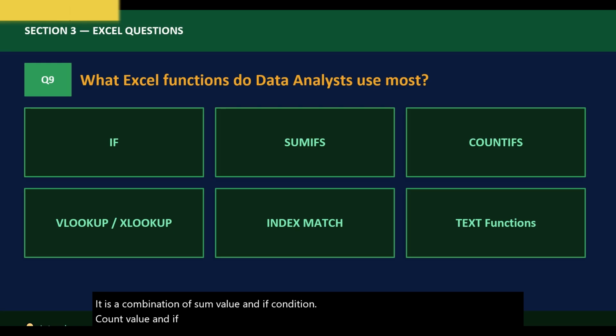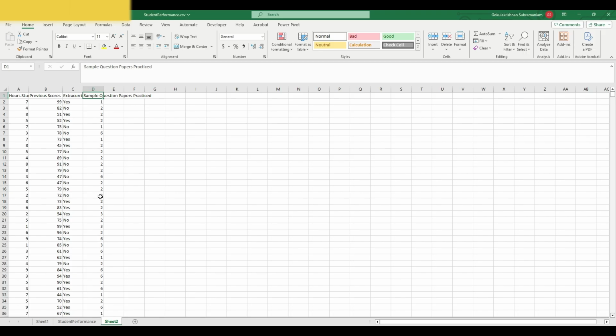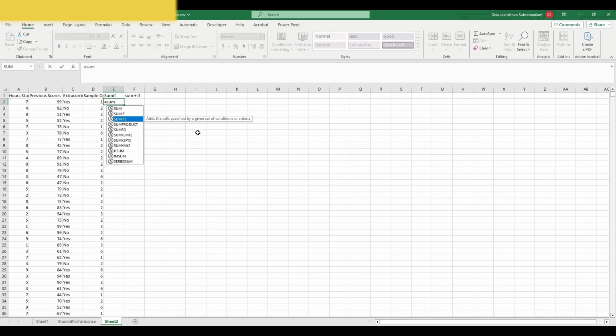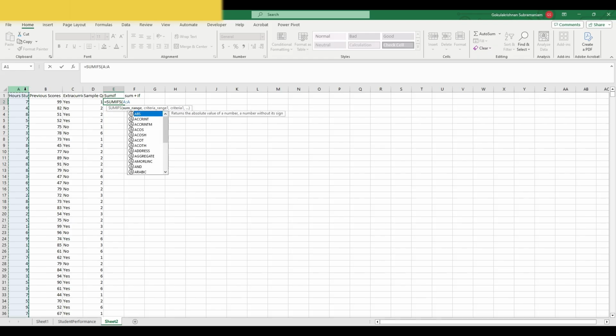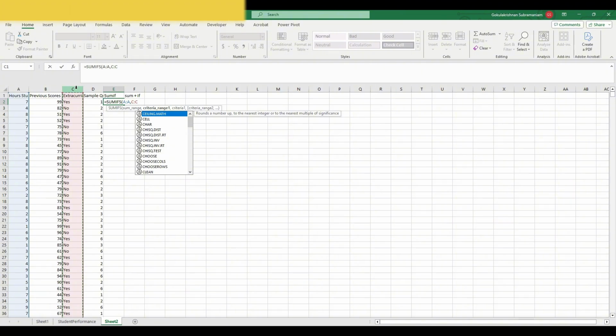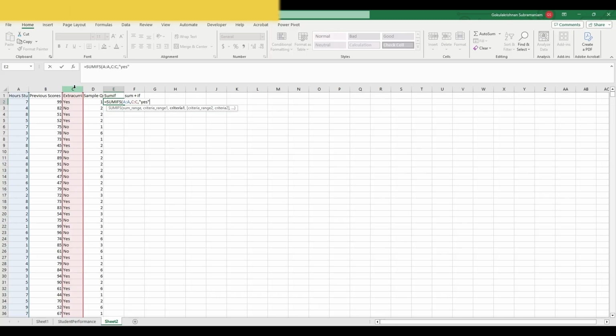So that is the theoretical answer, and to go technically I'm going to give it as SUMIF here. As I said earlier, it is a combination of sum plus condition. So equal to SUMIFS, which allows you to add multiple conditions, right? Now it asks which sum I have to add. I have to add the number of hours I studied, and my criteria range should be this one, which is my extracurricular activities, comma, my criteria should be that they have extracurricular activities, yes, and then the second criteria,